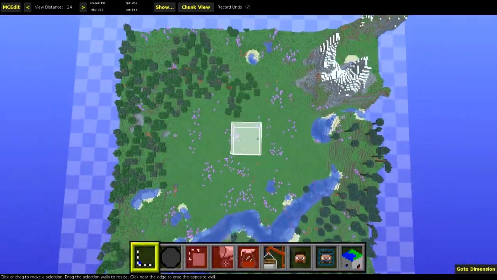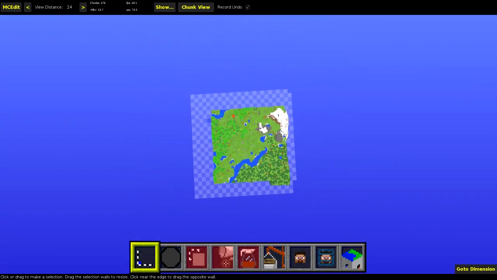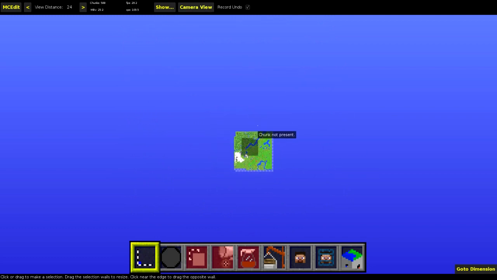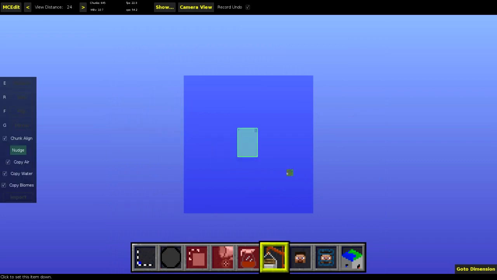This actually doesn't matter. Where we spawned right now doesn't really matter at all, because what we're actually going to be doing is setting spawn again to where it was in our original world. So all of this actually doesn't matter at all. So let's just zoom all the way out, and what we're going to do now, guys, is import Let's Play Minecraft .schematic into this new Minecraft 1.7 world, and I'm just going to stick it right here in the middle